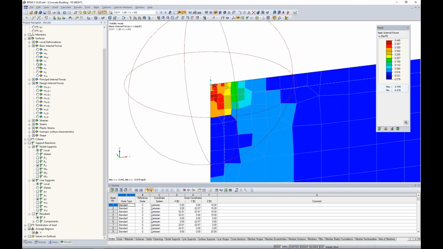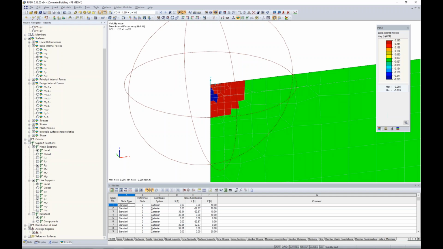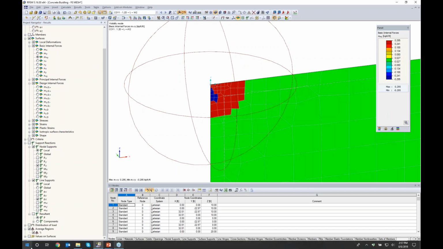So average regions can be incredibly useful for regions where we're dealing with singularities. Now the same goes for any one of these internal forces. So now we've taken into consideration better load distribution, or averaging out those high peak areas. So we've done that for RFEM, but